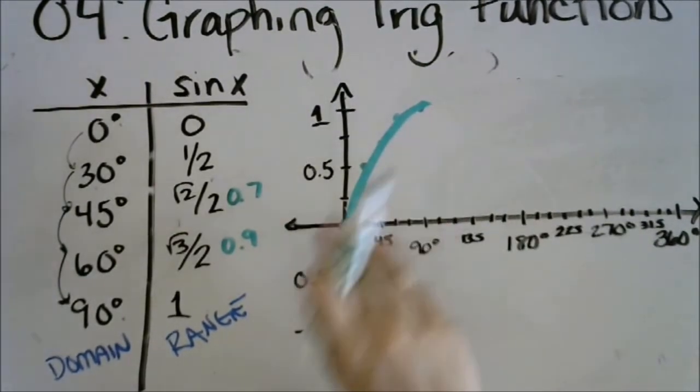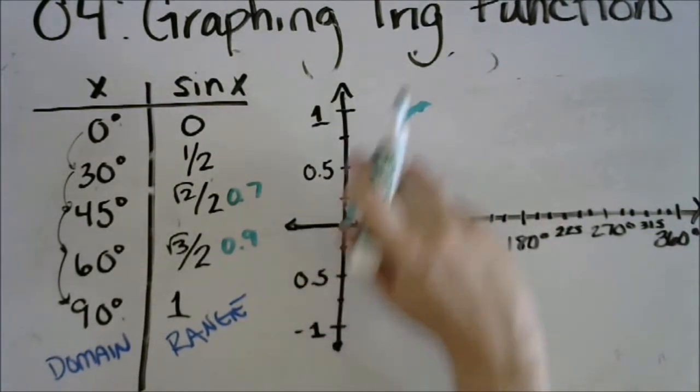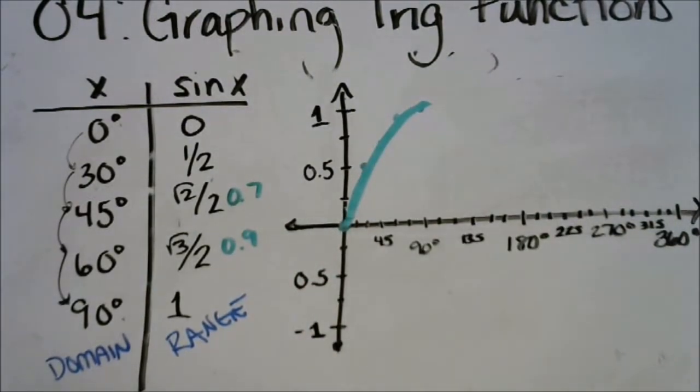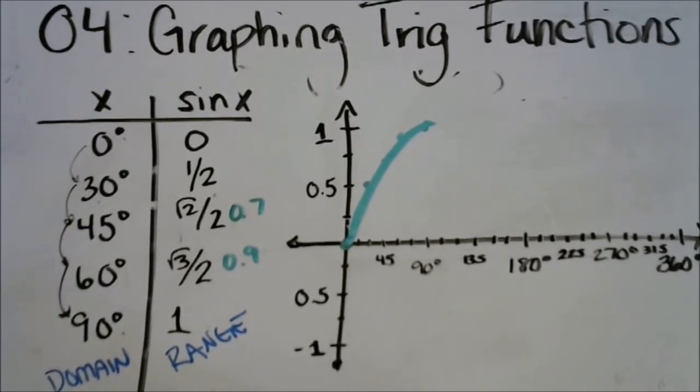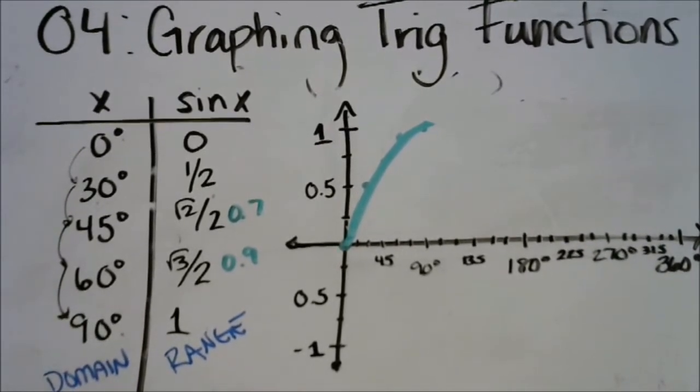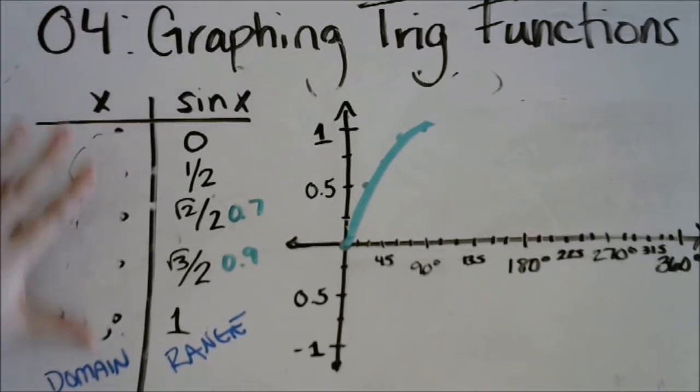This is the first fourth of the sine function. We're going to repeat this process to finish our sine curve. Now, I'm not going to show the unit circle anymore, but if you have one out, you should be looking at the unit circle to help me complete the rest of this table. After 90 degrees on the unit circle,